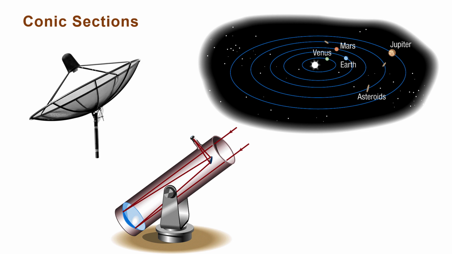There are a wide range of applications that involve conics. A parabola is used in engineering of satellite dishes. Ellipses are used to model the orbit of our planets around the sun. And hyperbolas are used in acoustics and the construction of reflective mirrors for telescopes. These are just a few examples of the many applications of conics. Now, before we learn about these applications, we first need to discuss the foundation of the conics and how they